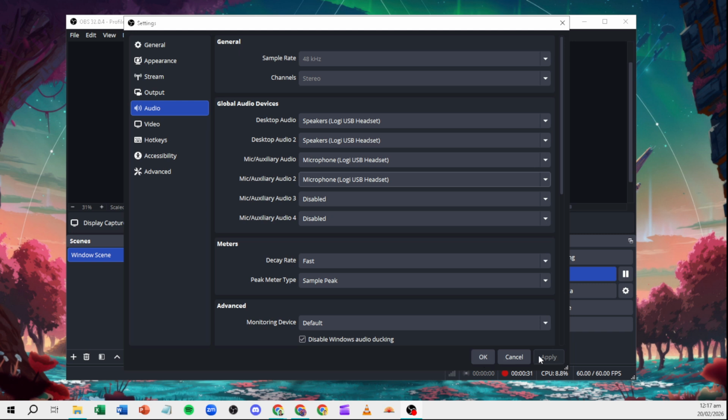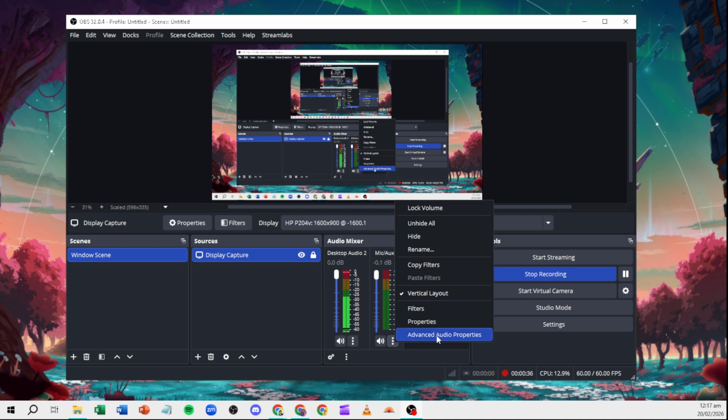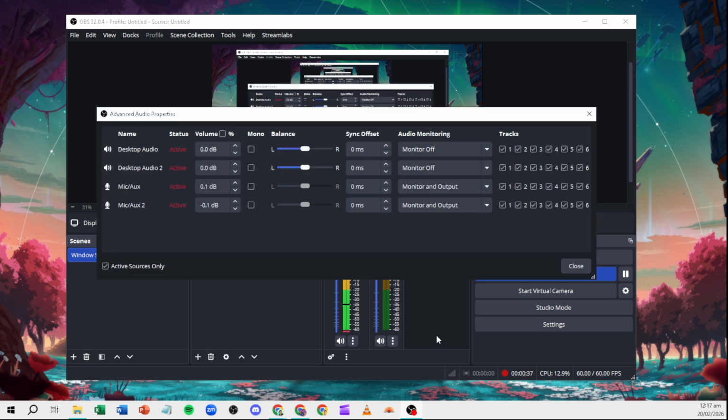In the audio mixer, find the gear icon or three dots on any of your mic channels and choose Advanced Audio Properties. This panel is where the channel split magic happens. For the first mic, adjust the balance all the way to the left to -1,000. On most two-channel interfaces, the left channel corresponds to input 1, so this isolates mic 1 to the left side